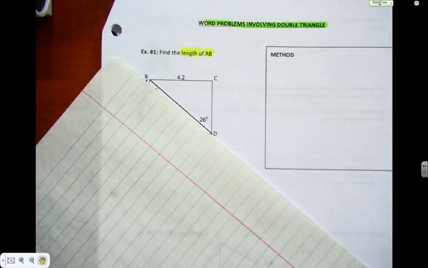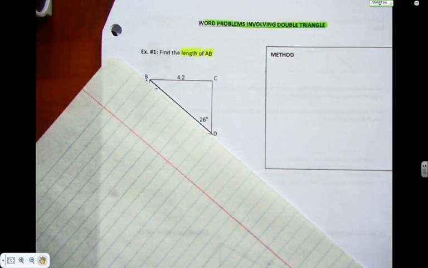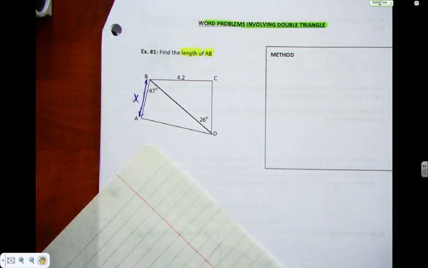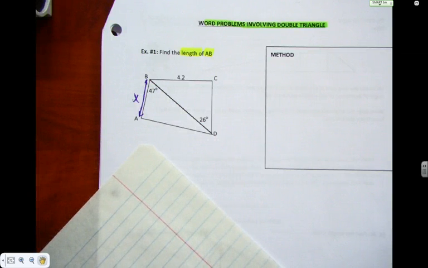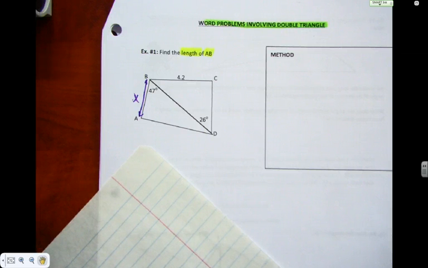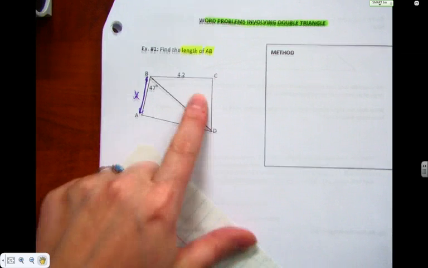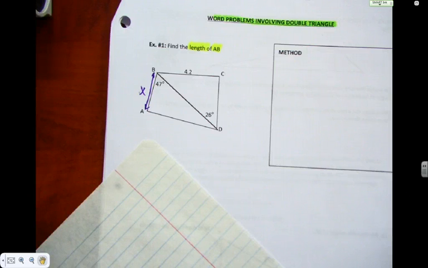That's the purpose of the other triangle: you're always going to be able to find something in the other triangle that's going to allow you to find something in the first triangle. Generally, it's when they share something. What side do they share? BD. So what we're going to do is first find BD in the upper triangle and then use BD to find what we want. So the method is,